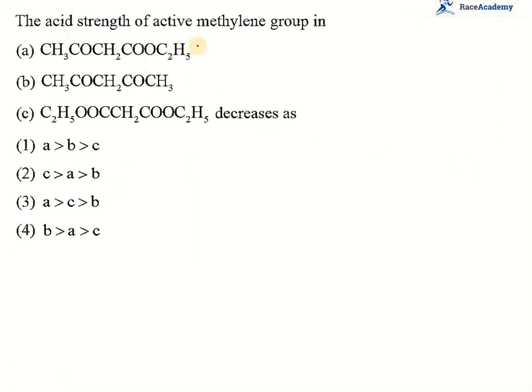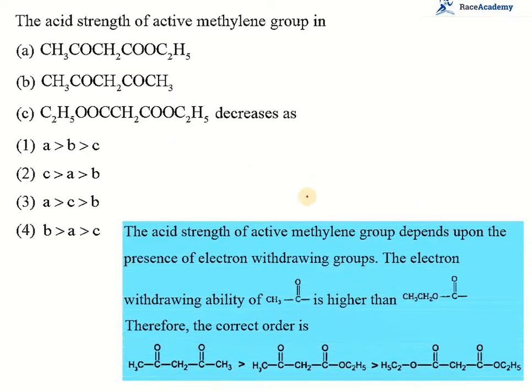Next question, the acidic strength of active methylene group in different kinds of substances. If you check the acidic strength of the active methylene group, that depends upon the presence of electron withdrawing groups. Here the electron withdrawing groups are methyl ketonic groups, CH3CO, CH3CH2OC double bond O. So in this, the correct one is, if you take the first one,